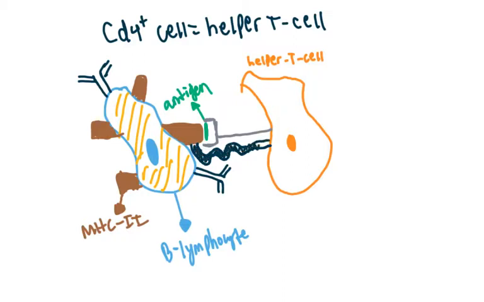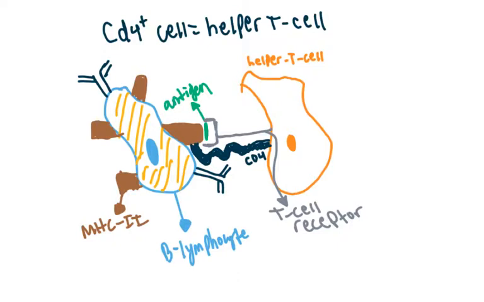And now we can say that once it latches on, so this is our CD4 protein on our helper T cell. Once our CD4 protein binds onto the MHC2 complex, and once our T cell receptor, let's label all these parts here, there's so many parts to label. So this is our T cell receptor. Once our T cell receptor binds to the antigen spot, and once our CD4 protein of our helper T cell binds to the MHC2 of the B lymphocyte, then our B lymphocyte can become active,